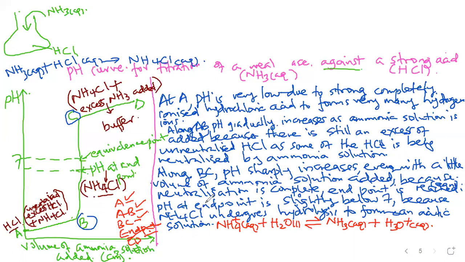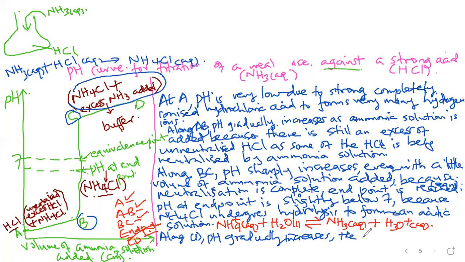So we come to our last part of the graph. On our last part of the graph, what do we have? That is along CD. So what happens along CD? pH still gradually increases. I summarized the reasons here. The gradual increase there is due to the excess ammonia solution added